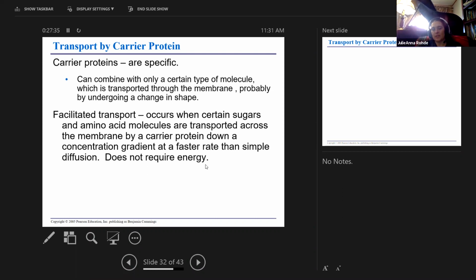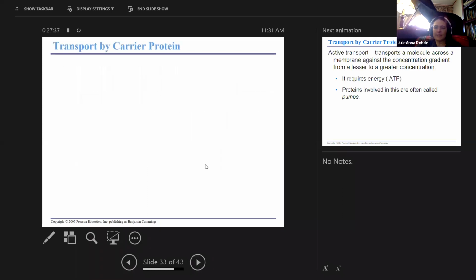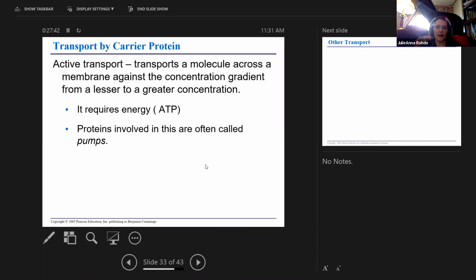It's going to require a lot of energy, and that's not achieved with the carrier protein. That's going to be achieved by something called a pump. We won't get into that anymore in this class. This is probably your only time hearing about that in this class, so just know that